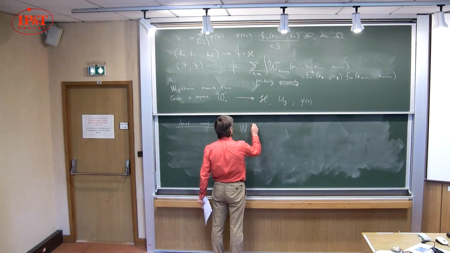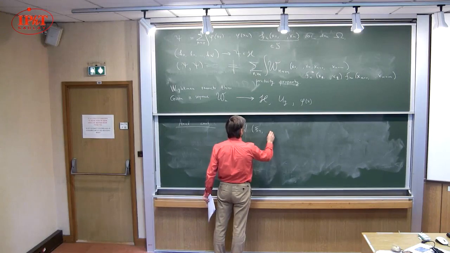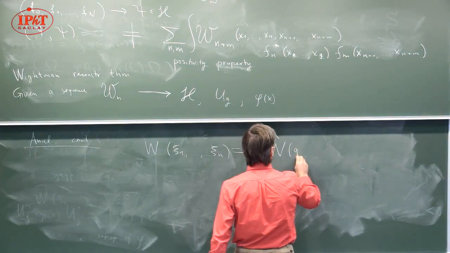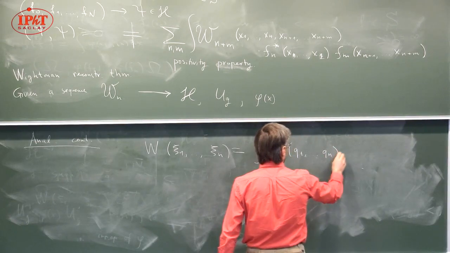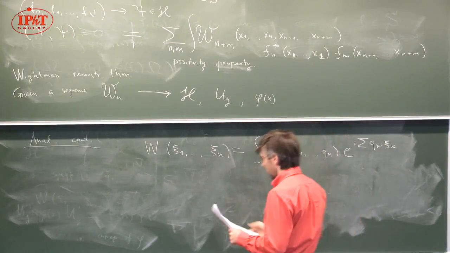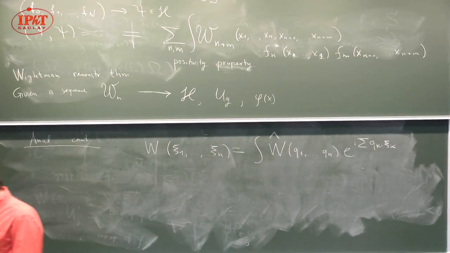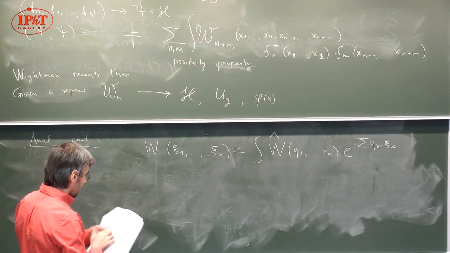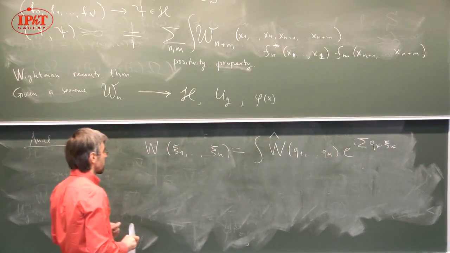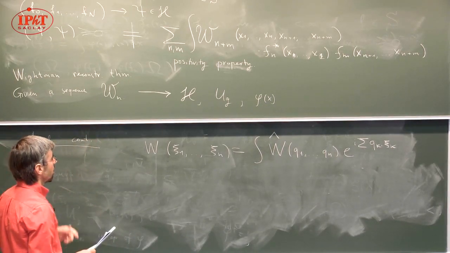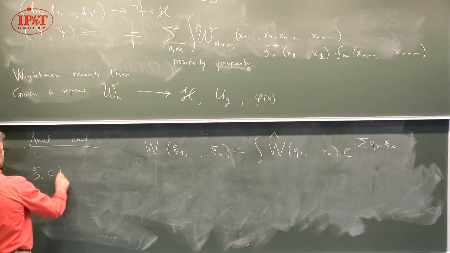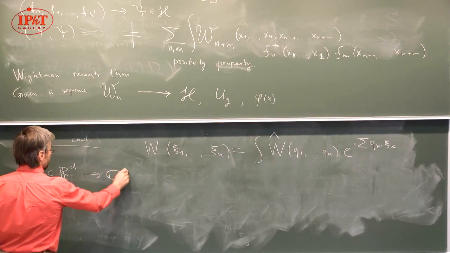The continuation is obtained starting from this formula, so W of x1 to xn. This is a trivial formula: the integral of dq1 to dqn, W hat of q1 to qn, times e to the sum. So we have this formula. What we would like to do now is take these xi's, which in this formula are real vectors, and give them an imaginary part. So we would like to continue xi from R^d to C^d,